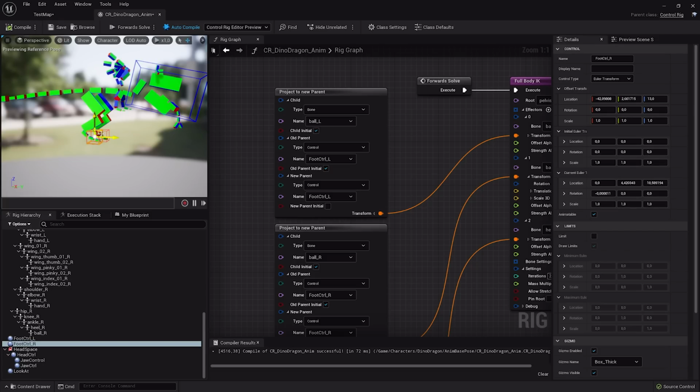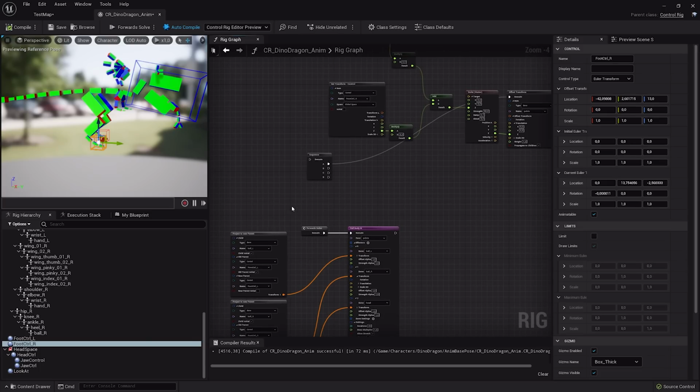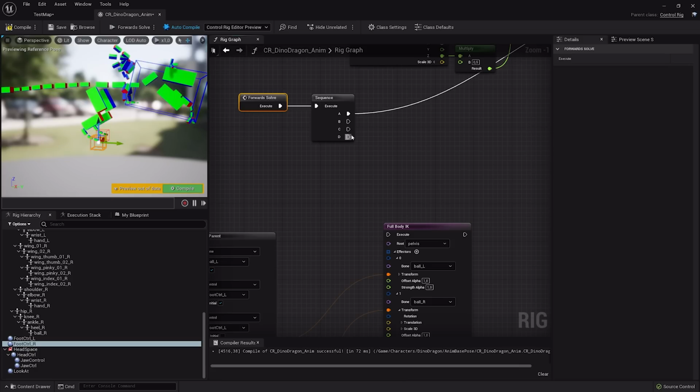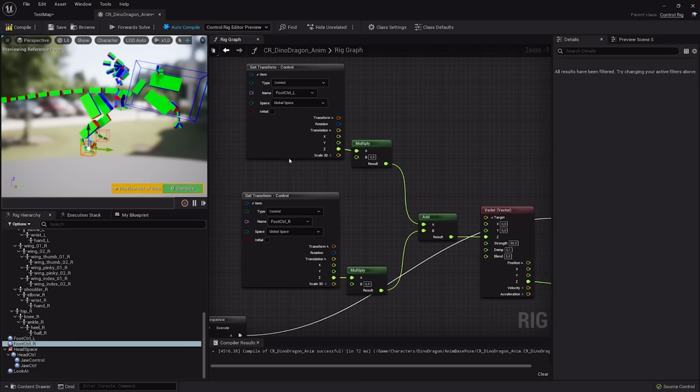One of the problems of an auto walk is that very often it feels without weight, because the pelvis here is not moving. Let's fix that. So here I have some additional graph I made. Now if I move the feet, you can see his pelvis is coming around and has a little bit of simulation. Let's take a look at how this is done.